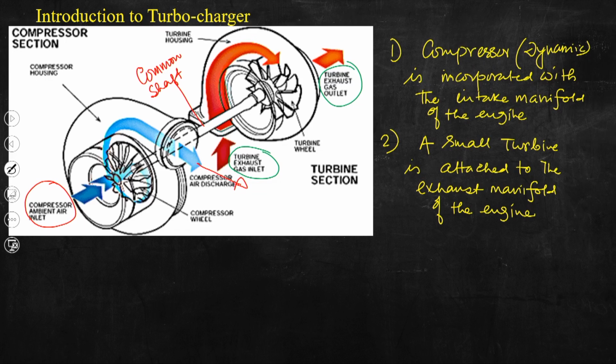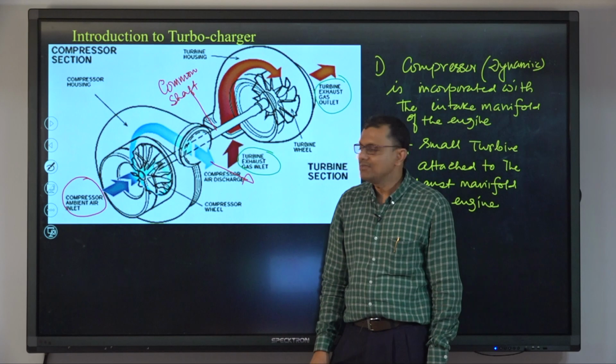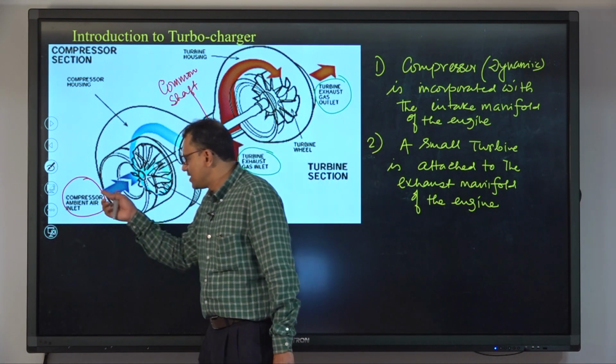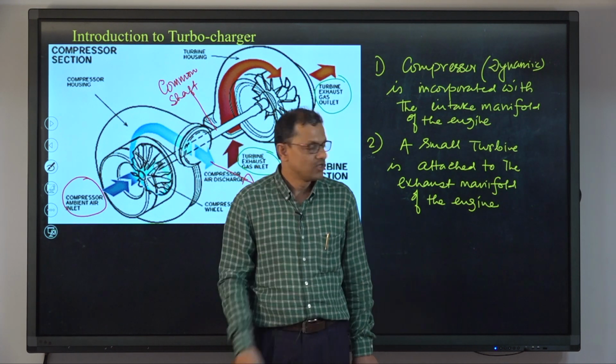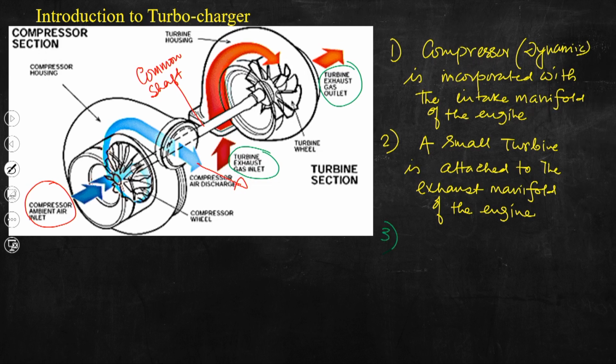As the turbine is rotating because of this movement of the exhaust gases, and since these two units are mounted on this common spindle, the compressor will be rotating, and by virtue of this rotation the air drawn in from the ambience can be pressurized, and that is the objective. Just here I would like to write: a common spindle is used to mount both compressor and turbine,